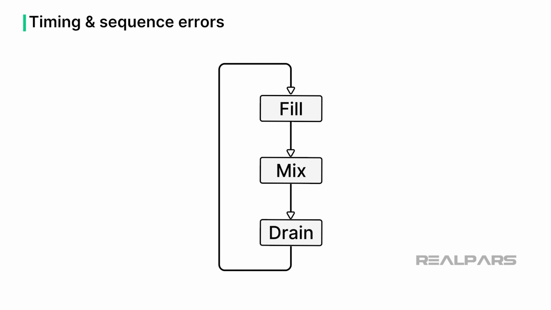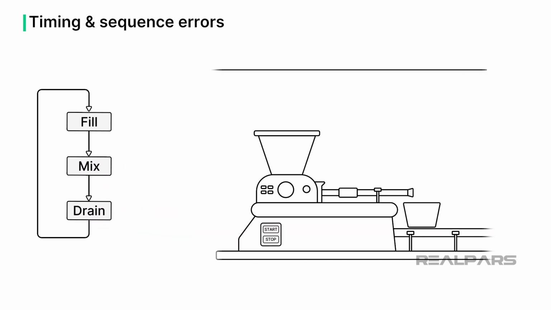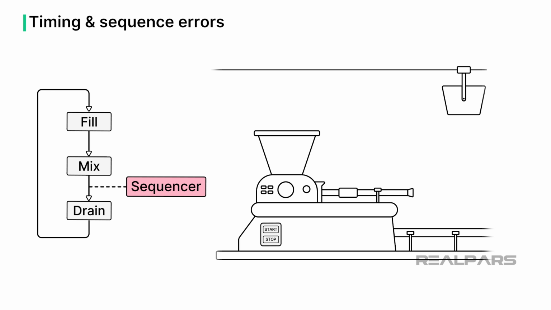Very often, PLC programmers program the logic to control sequential processes. In a sequential process, one step follows another in a predefined logical way. An example of a sequential process is a mixing process. In a mixing process, a tank is filled, mixed, and drained sequentially. A sequential process is controlled by a piece of software called a sequencer.